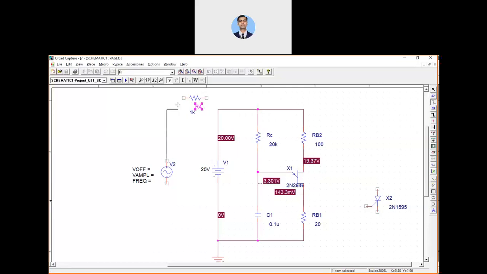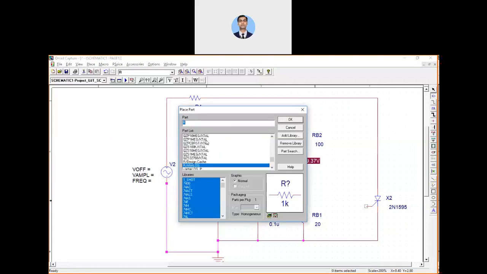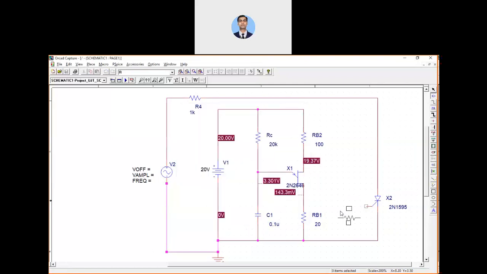This is for the SCR. The ground is going to be common, so you can connect your voltage source with the ground either here or simply here. One more resistance is required to control the gate current, so we are going to place it over here, and we will make the wire connection, directly connected with this.